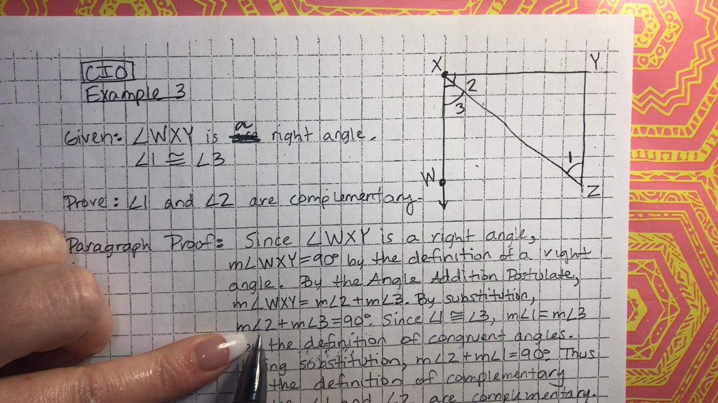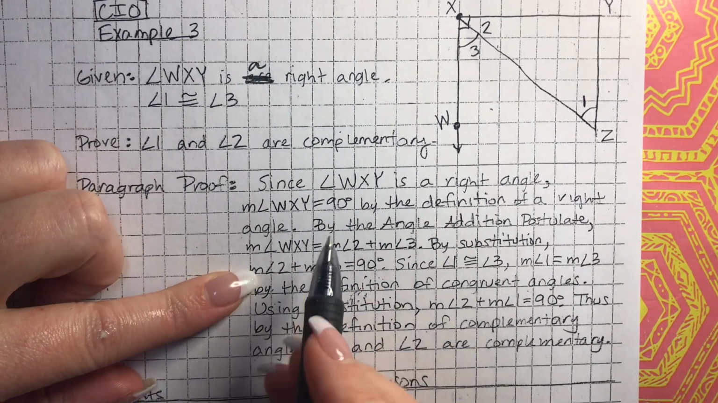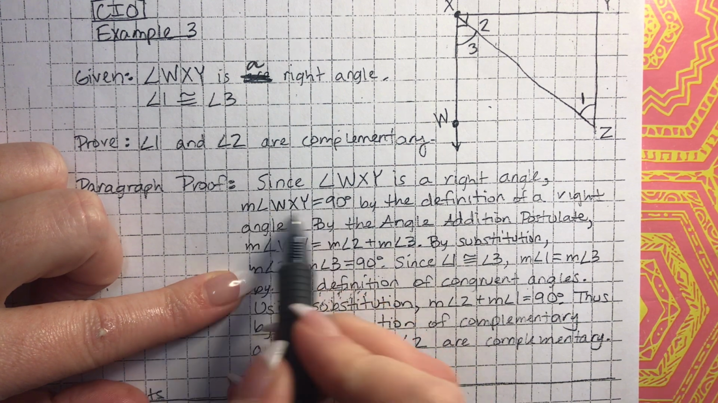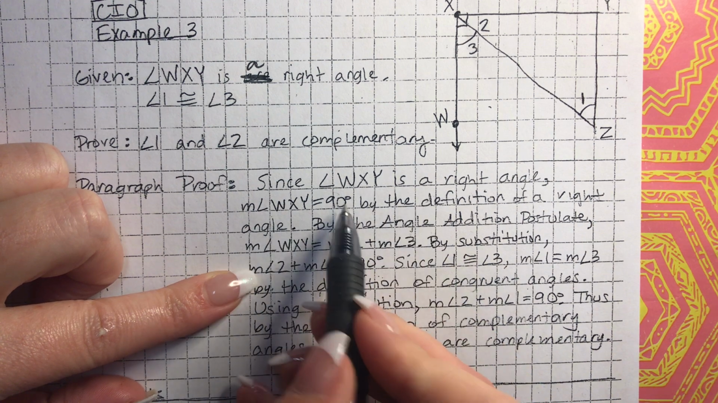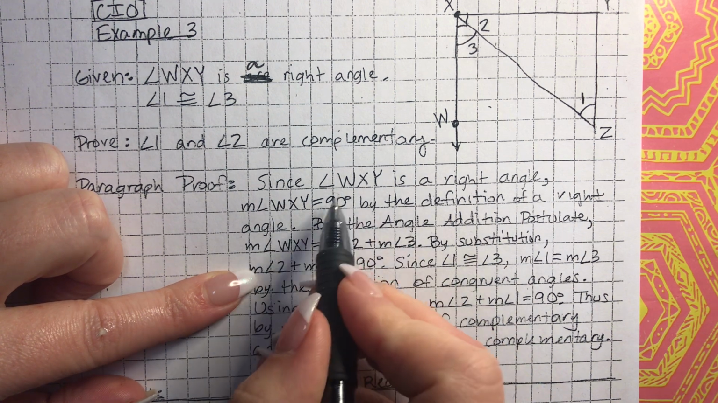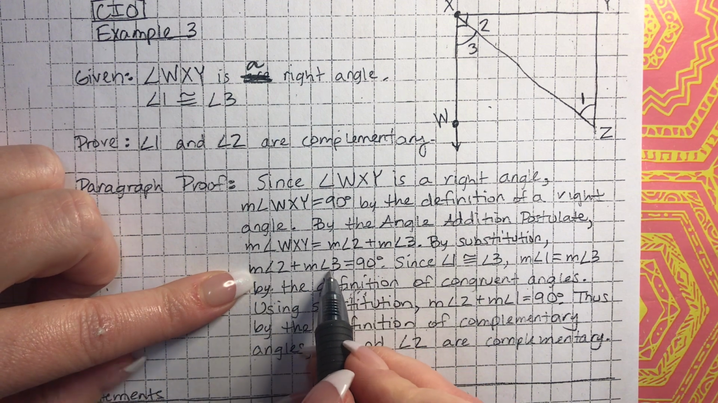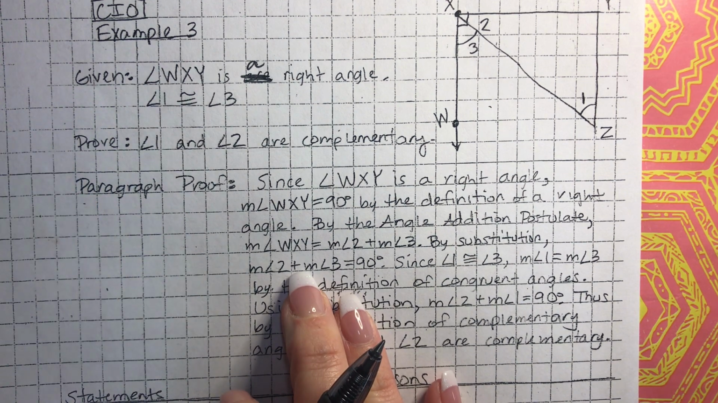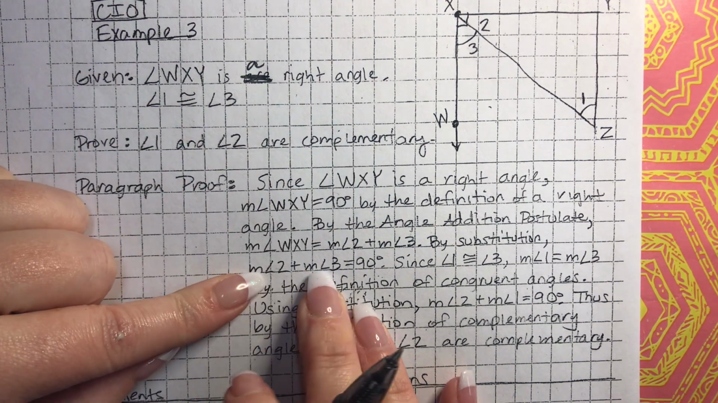Then by substitution, they write down that the measure of angle 2 plus the measure of angle 3 equals 90 degrees. So they substitute this in because we know that WXY is a right angle and it equals 90. So instead of writing WXY, they substitute 90 in for WXY, and now we have measure of angle 2 plus measure of angle 3 equals 90 degrees. Okay? So remember, we're trying to get angle 1 and angle 2 are complementary. So right now this is basically